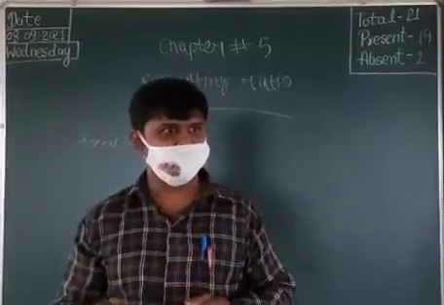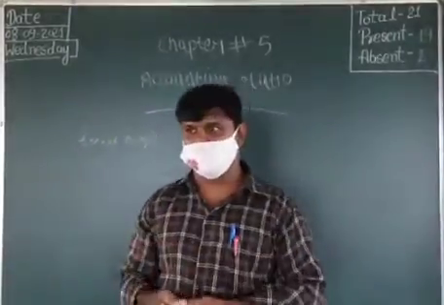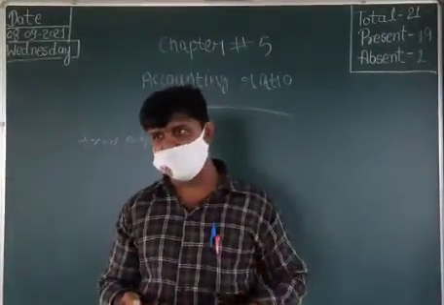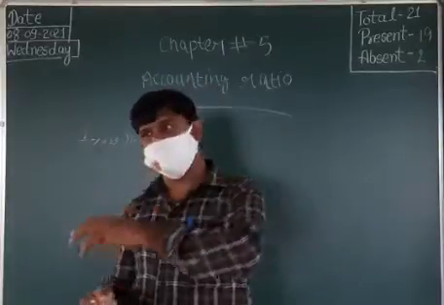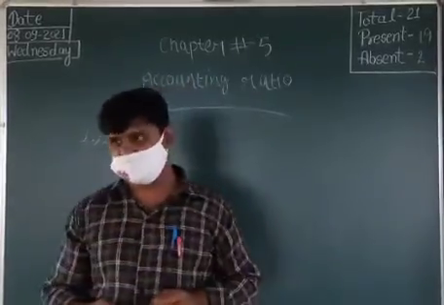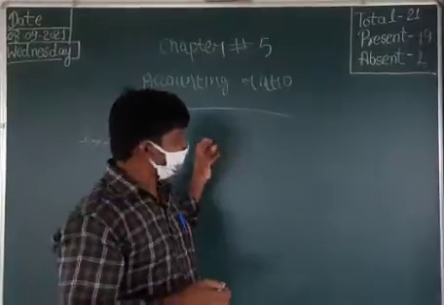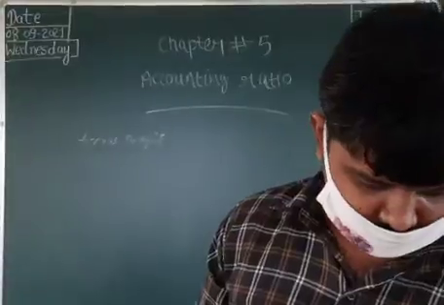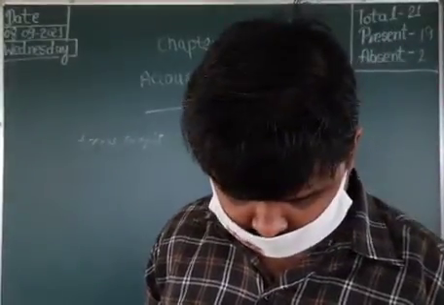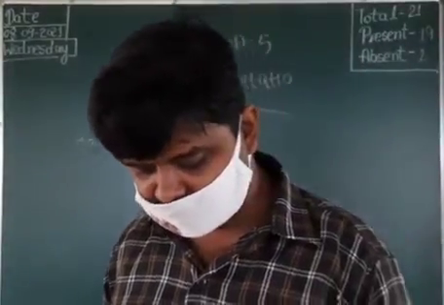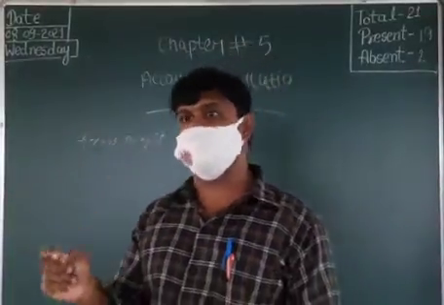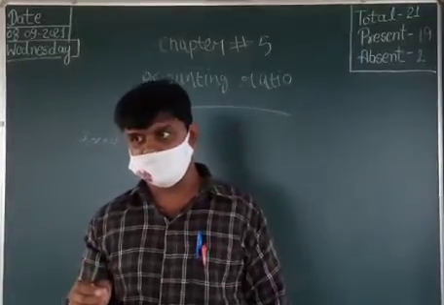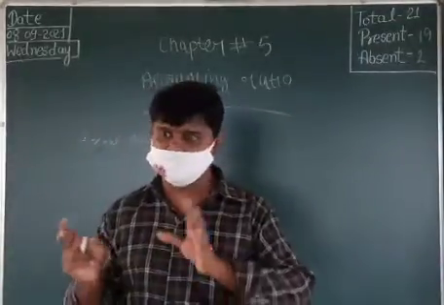Or in a production unit, they bring some raw material, convert it into finished products and sell them. So some purchases are there or some other expenses are there. Clear now? Those expenses we call the cost of revenue from operation. One is revenue from operation, and another is how much amount we spend in order to earn that revenue. This is a direct thing.